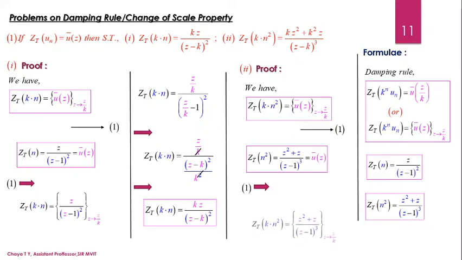Equation 1 becomes: the Z transformation of k^n times n squared is z squared plus z divided by z minus 1 whole cube, with z to be replaced by z by k. In the next step, wherever I have the term z, I replace it with z divided by k. So what do we get? See, this is our expression. Observe the RHS. It will be z by k whole squared plus z divided by k, whole divided by z divided by k minus 1 the whole cube.